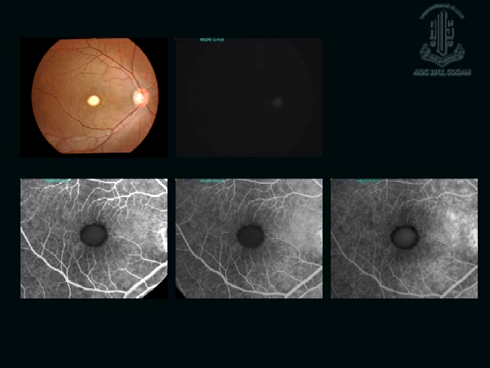This is a patient with absorbing hemorrhage here at the macula post-trauma. You can see the pre-injection photo is showing autofluorescence here. If you ignore this picture and just look at the fluorescein angiogram, you will interpret this as a hyperfluorescent lesion, where actually it is hypofluorescent, and the hyperfluorescence is because of the autofluorescence of this dehemoglobinized blood. So it is important to look at pre-injection pictures in these.